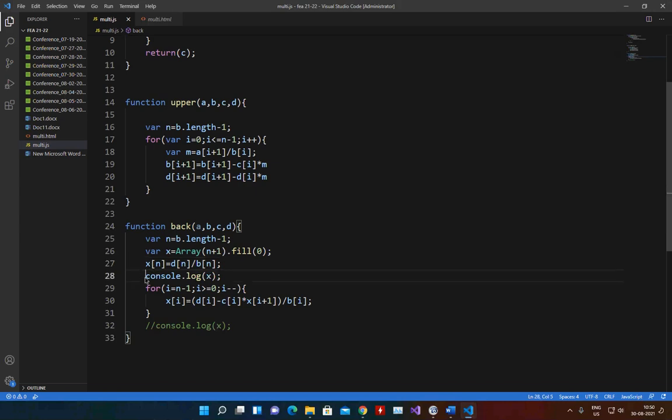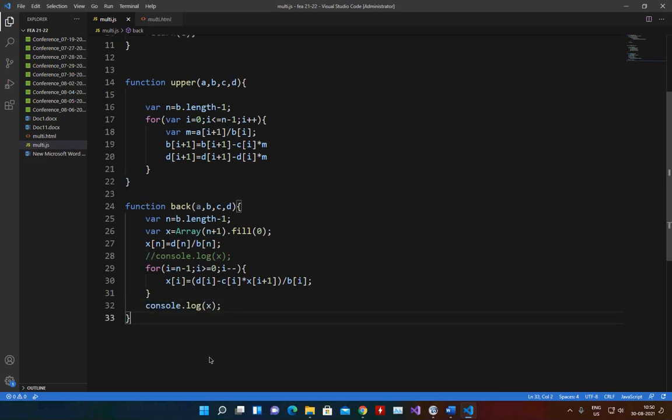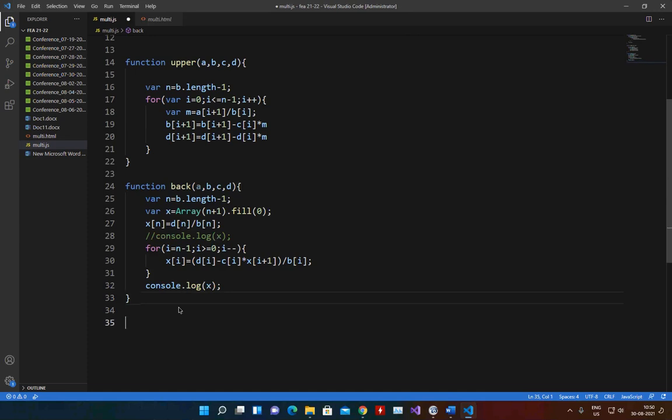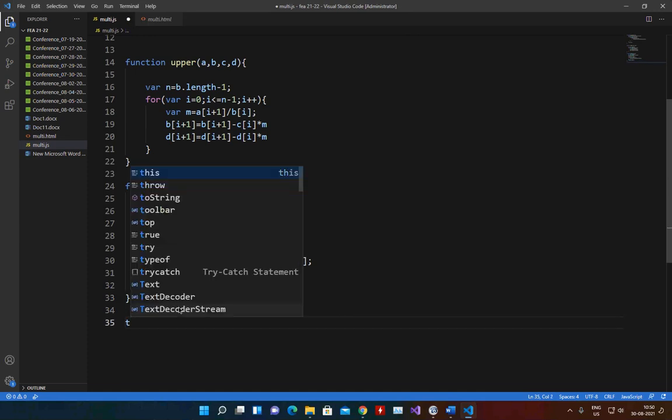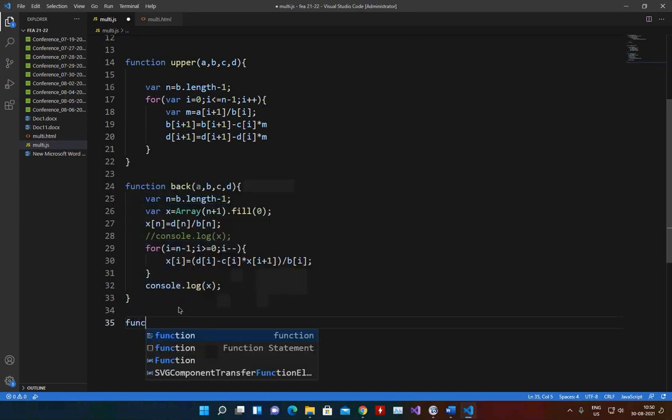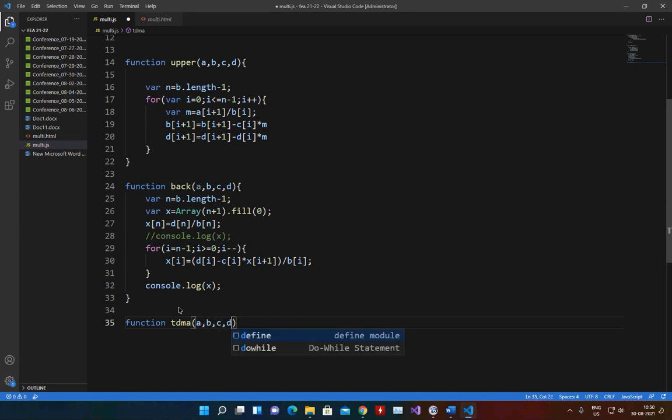So instead of console log X, now you can remove this and you can have the console log here. Okay. Now I could create a function called as TDMA. Okay, I could say A comma B comma C comma D, and now I can go for the assembly.